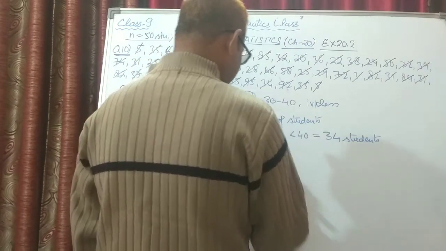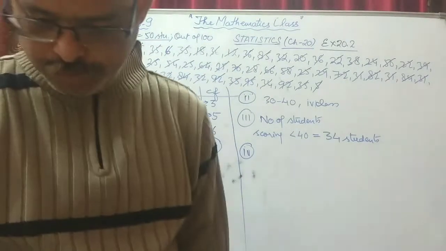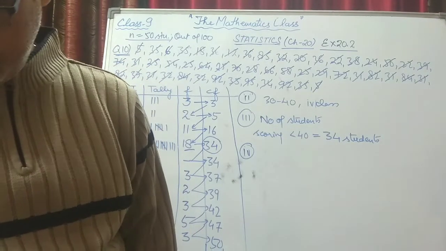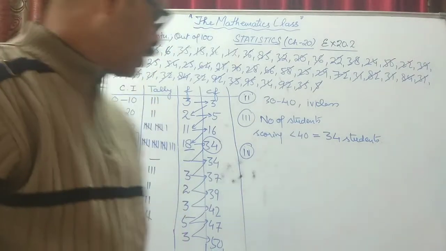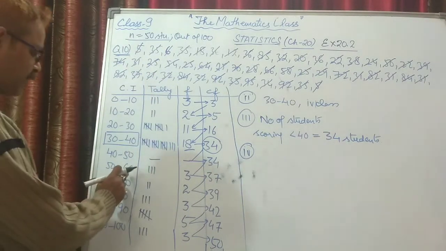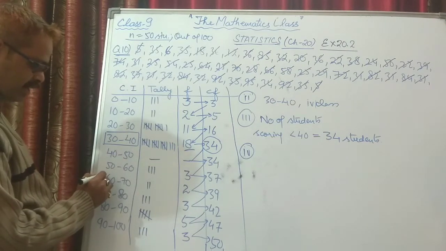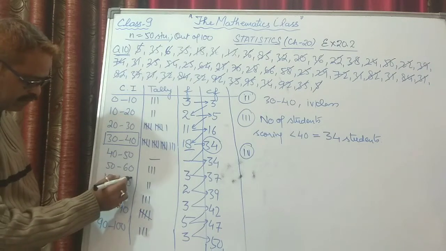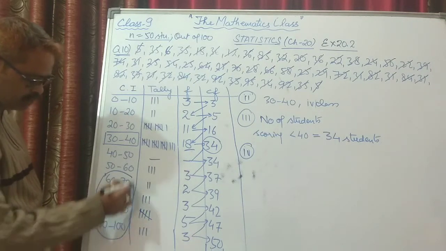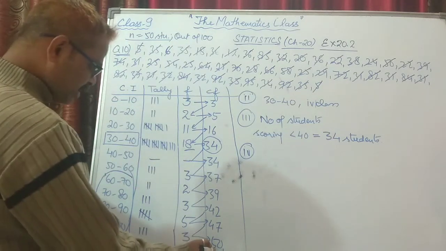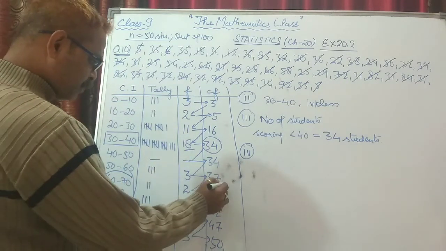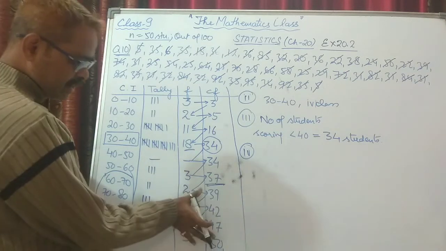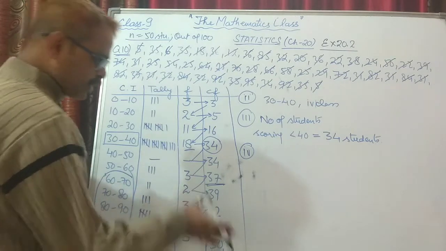Now what is the fourth part? They say in the fourth part, how many students scored first division, 60% or more marks? Now 60% or more means which are in this category. From this onwards, means 60 to 70 or from 60 to 100. We need the total of all these students. So the total of the final is coming 50 and the total of the previous was coming 37. So out of 50, if I subtract 37, I will get the total of these many students.